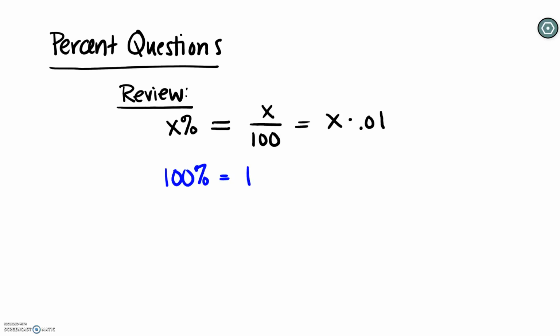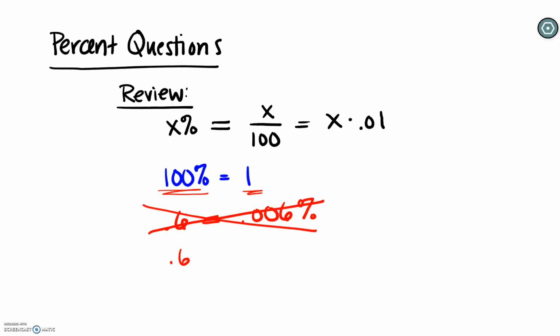Because I saw a lot of problems on the worksheet we had in class from students converting from percents to decimals and back and forth. I had a lot of things that said 0.6 was equal to 0.006%, going the wrong direction when we move those decimal places. Always the percents are bigger than the decimal versions of them. So this here is a big mistake. When we had that 0.6, the decimal should have moved to make this number bigger and make this 60%